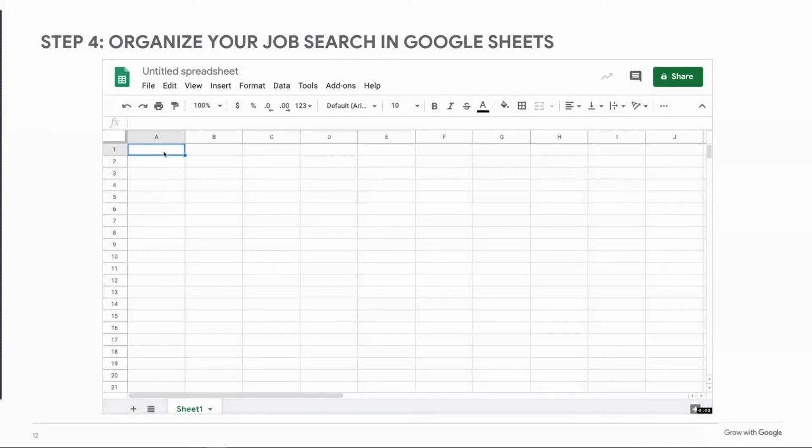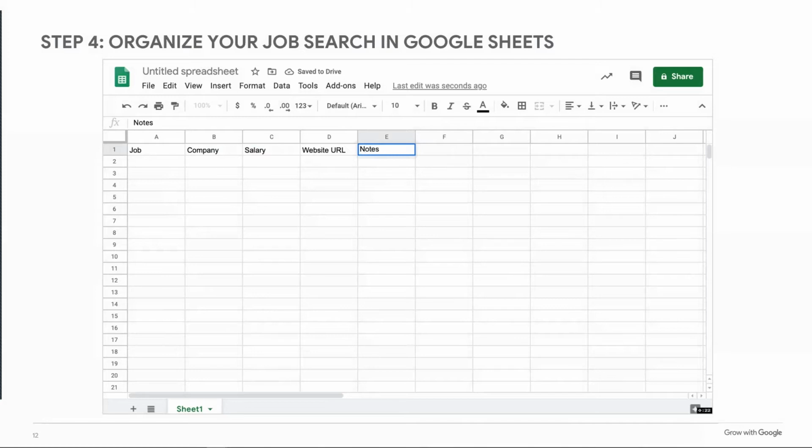So we're going to go through here, and along the top portion, we're going to write the items that we would like to track. Now, common items that we track are job title, the company name, maybe the salary or hourly rate that they're asking for, the website that we found the job listing on, and maybe some notes. There's some other things that you might want to add to this.